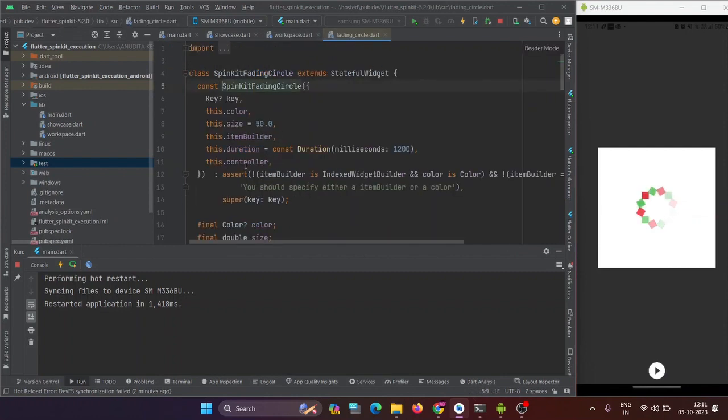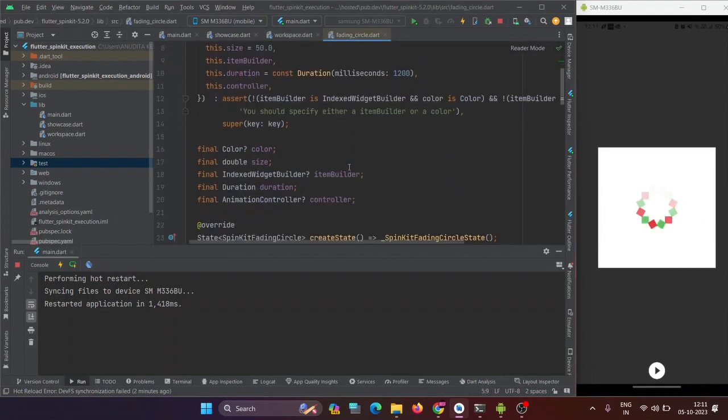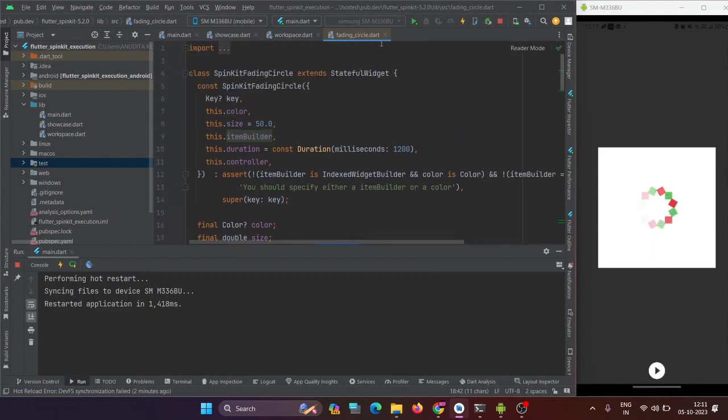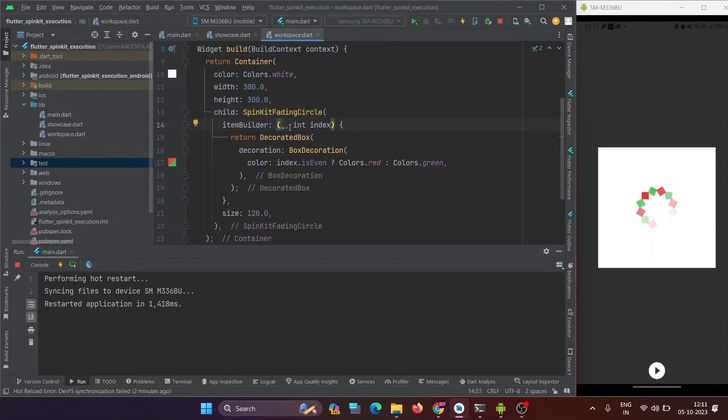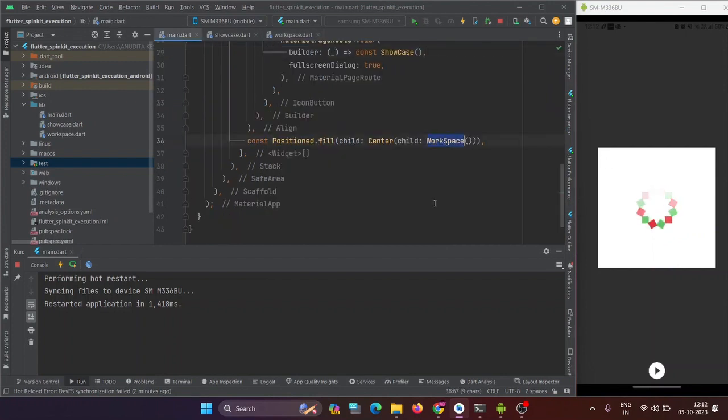In the item builder they are returning a decorated box. The decorated box color will change if it's even or odd, so it will be either red or green. You can see these small little boxes in red and green color. These are the decorated boxes that the fading circle is returning. Okay, and that is your workspace which is being called